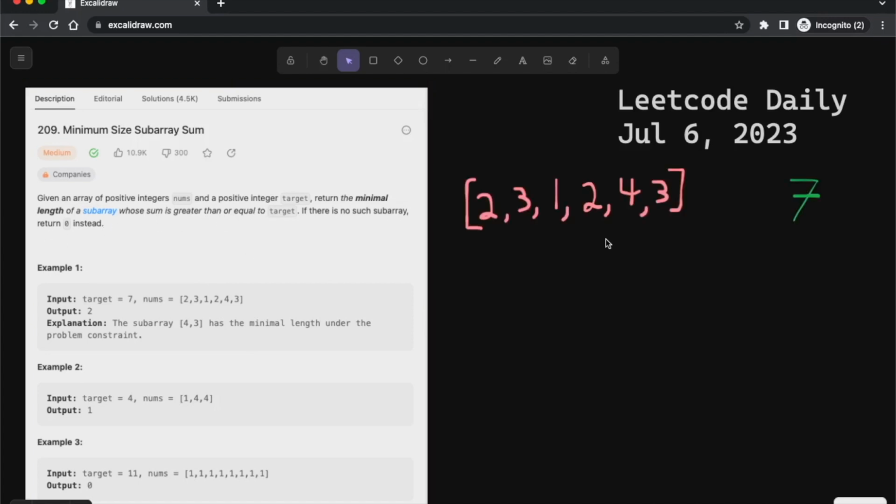So in the example they give us, we have an array of 6 numbers, and the target is 7, and the output is 2, meaning the minimal length of the subarray is 2. And we can see that this 4 and 3 at the end is the smallest subarray that gets you to 7. So the question specifies that all the integers in the list are positive, so we don't have to worry